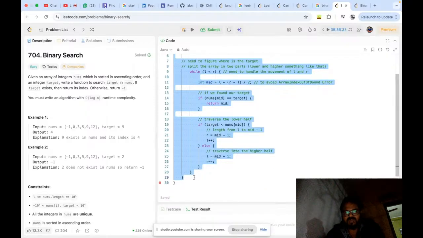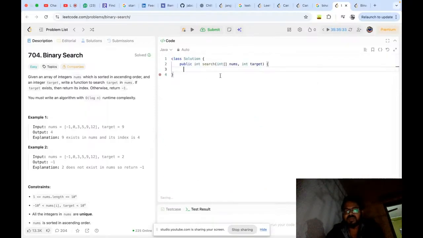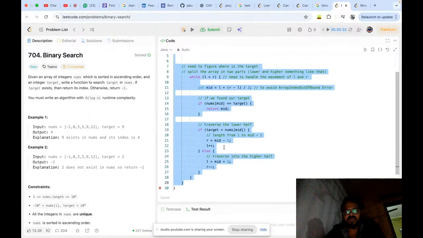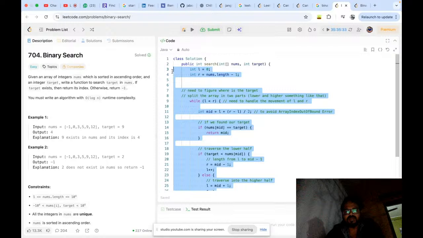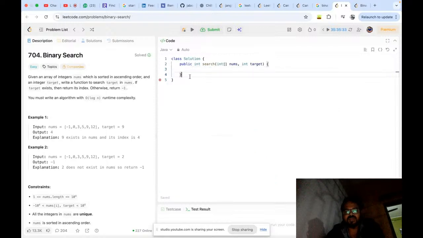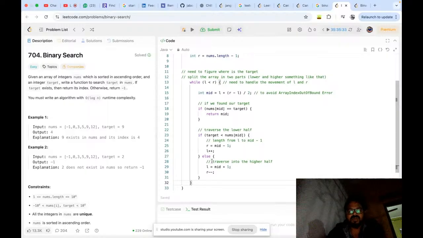Somewhere this method needs to be wrapped in a binary search. So let's extract it somewhere. Command X. We can create a binary search method taking nums and target. All the values are simply the same method, but what I want to do is